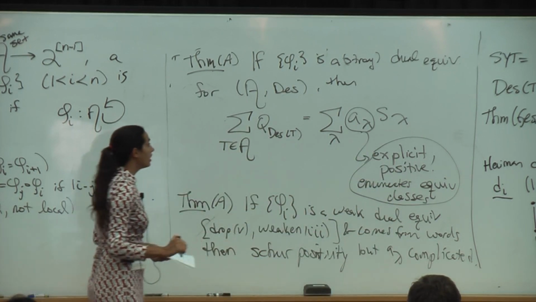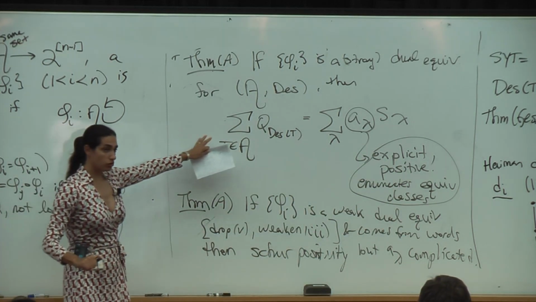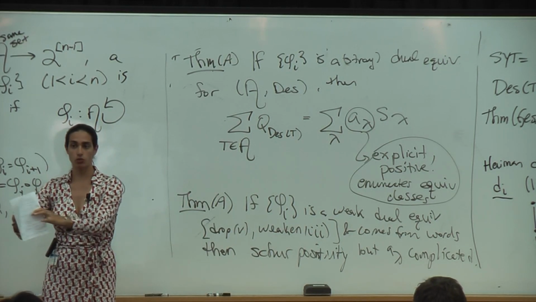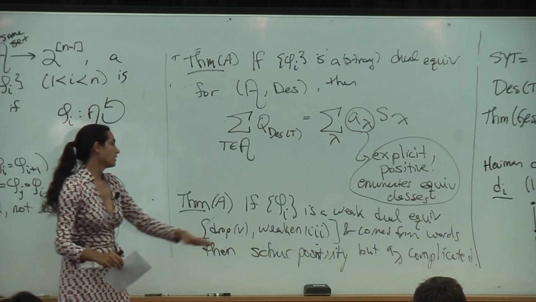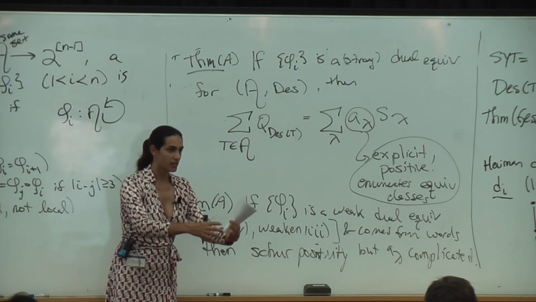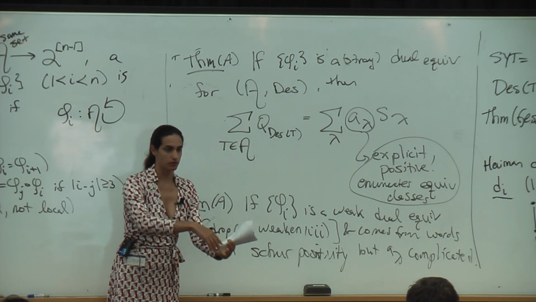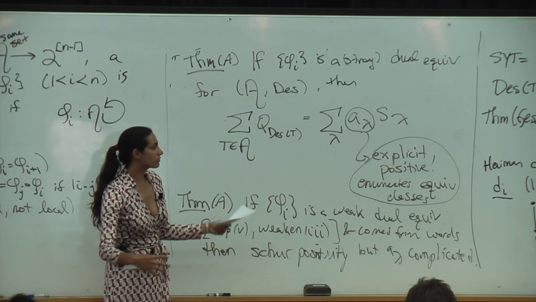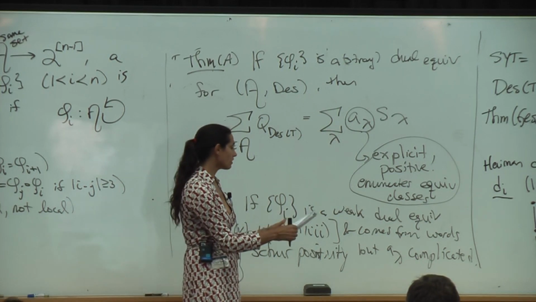What do I mean by that? Well, what I mean is, if you have a strong dual equivalence, the things break up into nice, neat little equivalence classes, each one corresponding to a Schur function. If you have the weak version, then some of these guys morph together, and instead of getting a single Schur function in an equivalence graph, you get something that's Schur positive, but it could have lots of Schur functions in it. So they sort of group together badly. But